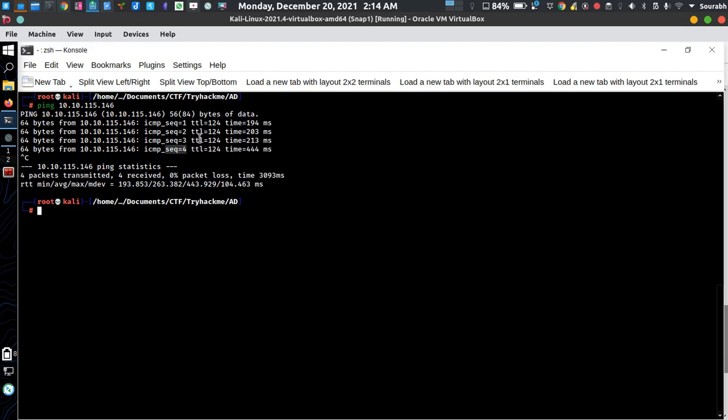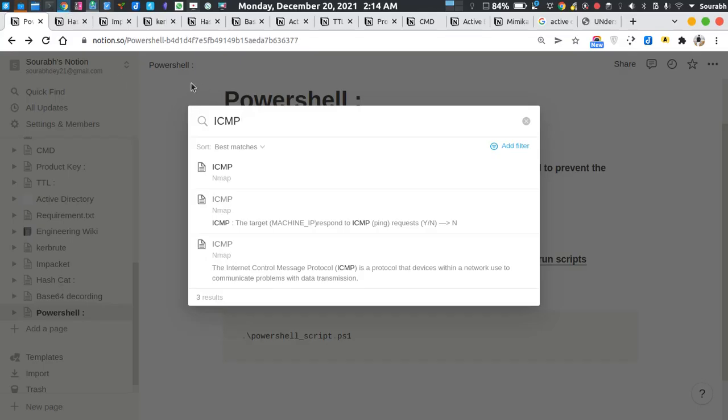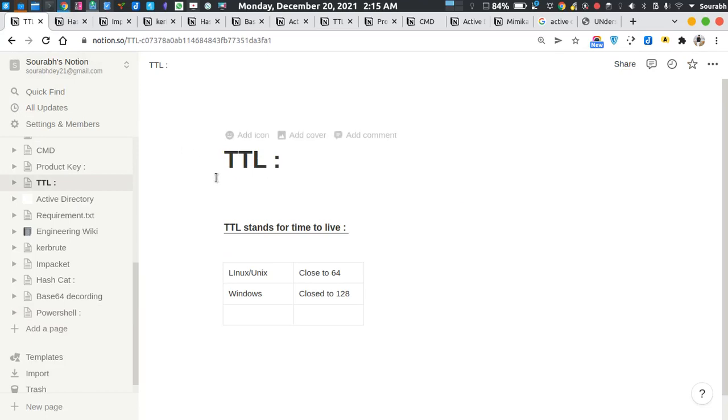The information which you do need is called TTL. TTL stands for time to live. There are generally two types of TTL available. The first one is close to 64 and the second one is close to 128. Close to 64 generally means that the IP is allocated to a Unix or Linux kind of operating system.